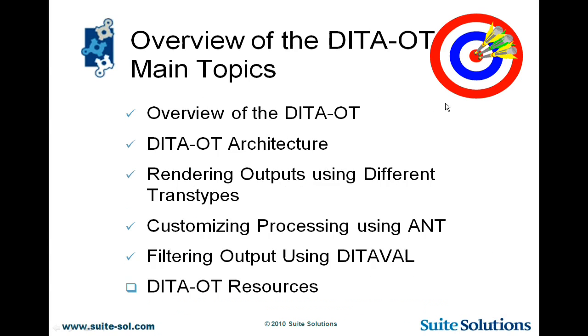Okay, so that concludes our discussion of filtering output using DITAVAL. We talked about how there are 3 components needed to filter output using DITAVAL. One is an actual DITAVAL file which states which elements to exclude, which conditional values to exclude. The second is a parameter in your project build file that tells the DITA-OT about this DITAVAL file and where it is. And the third thing is obviously in your content, in your DITA or DITA map or both, you need to have a conditional attribute set